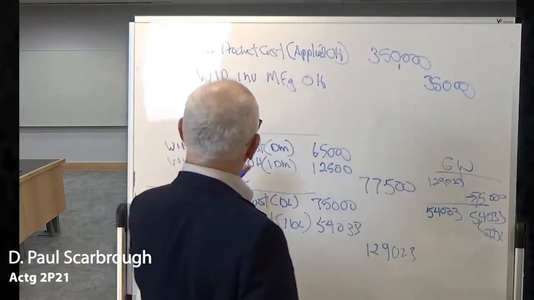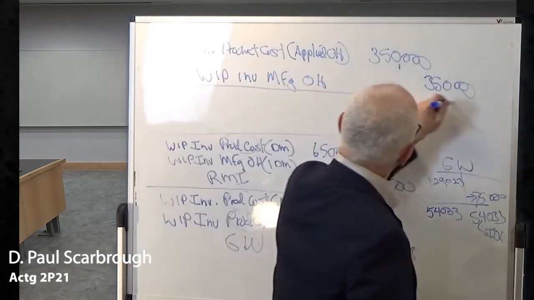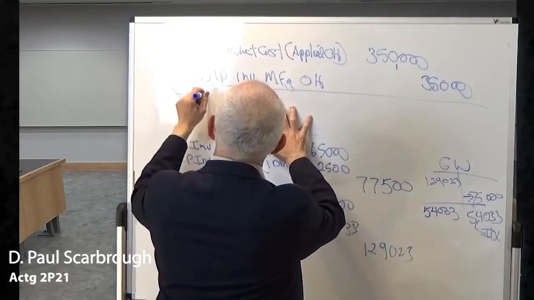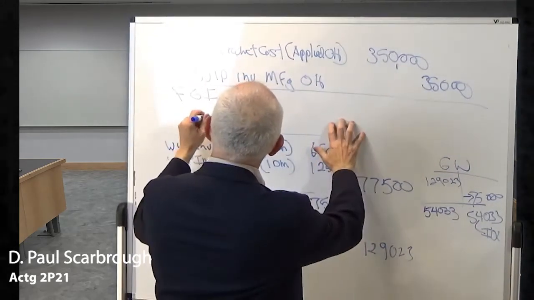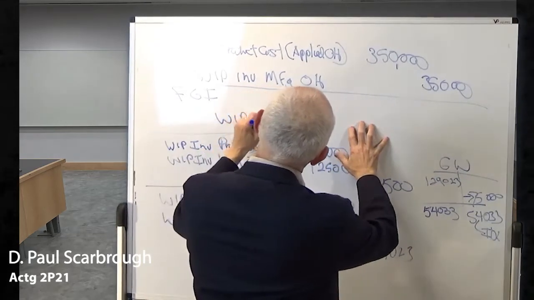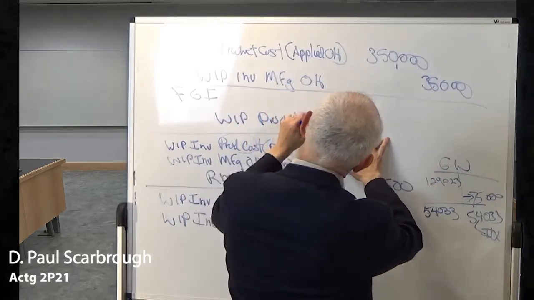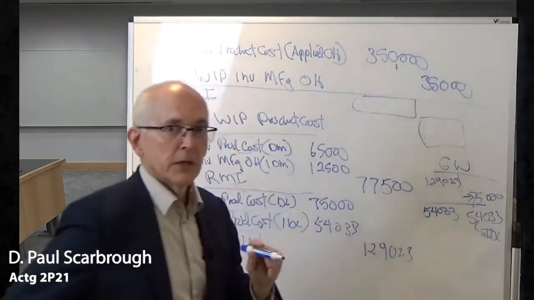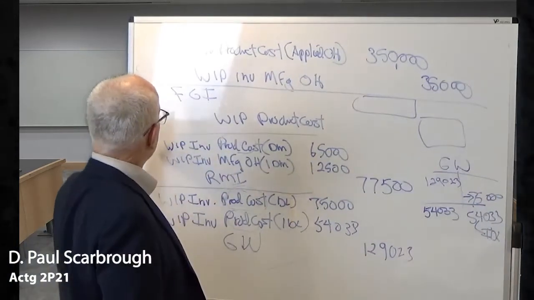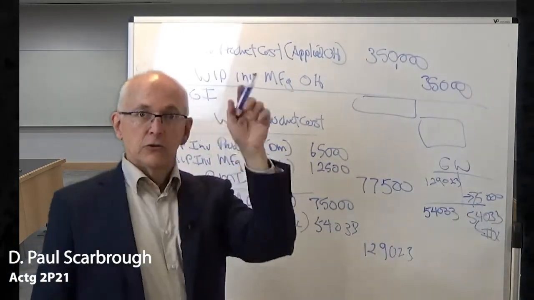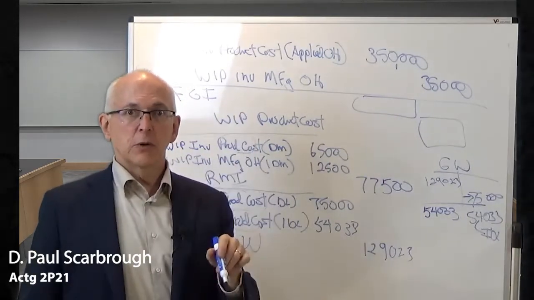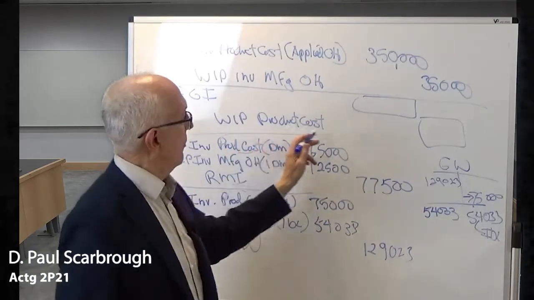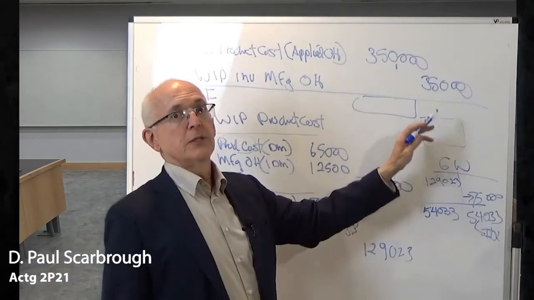So the form of the entry that we're going to do, this is the second to last entry. The form is we're going to transfer some dollar amount into finished goods inventory, and we're going to take it out of WIP product cost. And we don't really know the amount, except your knowledge of T accounts would indicate, if we had space on there, do your T account: beginning is 20, ending is 20. So that means all the debits we put in are all going to come out as a credit here. And that means we're going to put the same amount